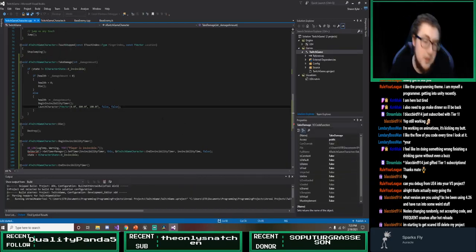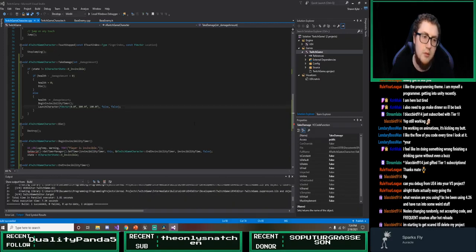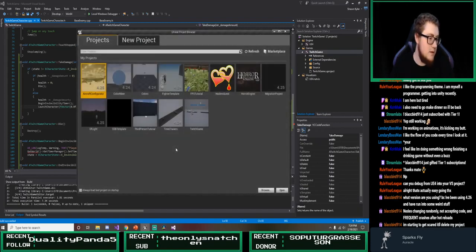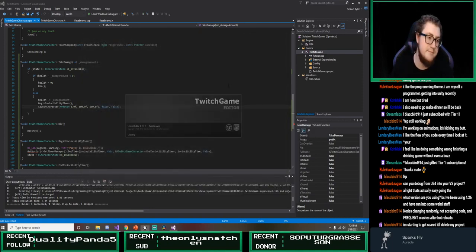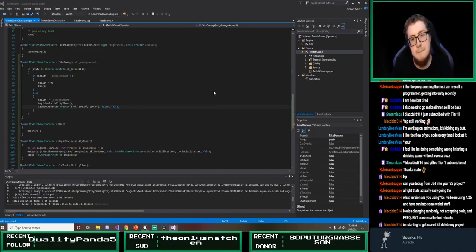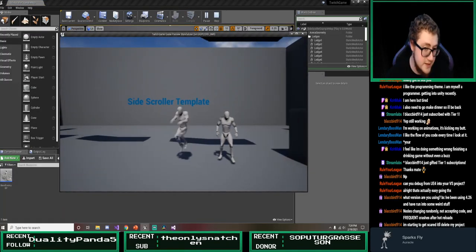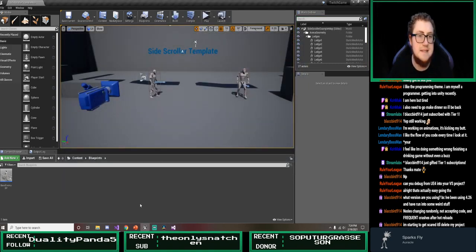Yes. So the problem is when you make changes, though, if you're attached, you do have to completely get out of it. Which is why I actually prefer working without the debugger attached, and that's why I like logs more. Well, to start with. Okay, so let's go into our Twitch game. Alright, and now that we are back in here, let's make sure that Unreal didn't decide to just delete us. Oh, you decided to remember. Is that what you did? So,